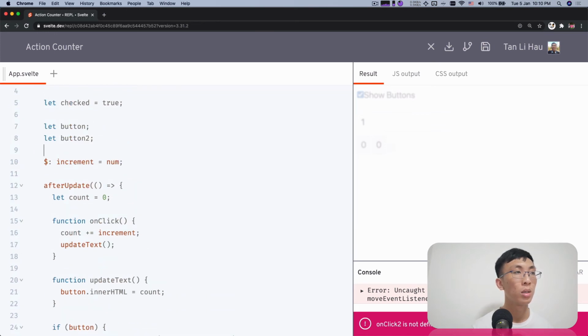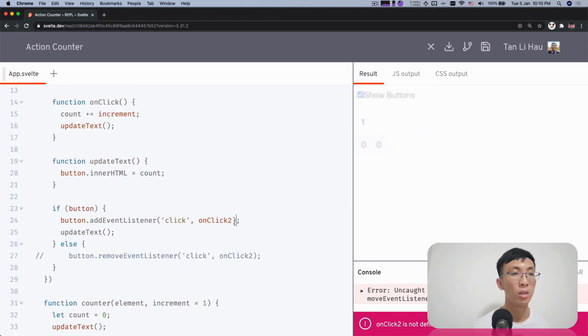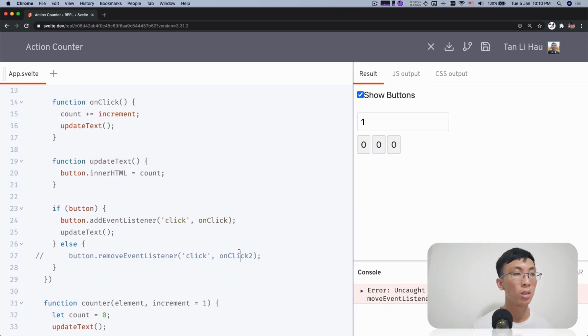Right? On click 2 is undefined. Okay, on click. Okay, so I think we can still get away without remove event listener, but you know that it's not entirely exactly like the one with the actions, right? And now if we try to increment this,